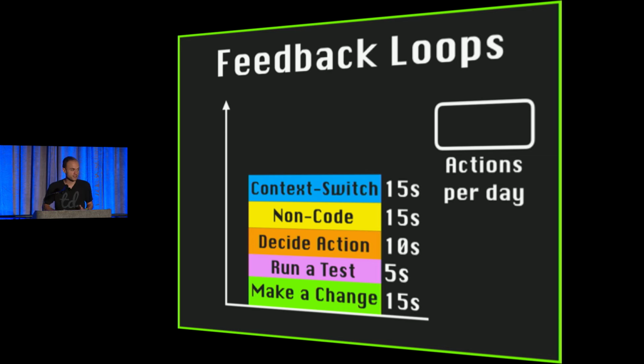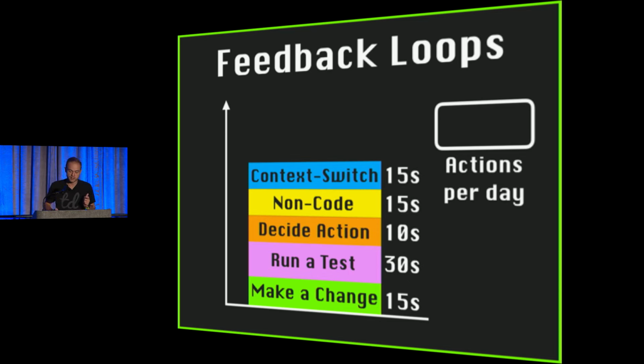Now, our application is successful, and our interactions between features mean that each test doesn't take 5 seconds to run, it takes 30 seconds to run a test. So we've gone from 60 to 85 seconds. So we're already down from 480 to 338 actions per day, but that 2 hours of non-code time in our day doesn't care how fast our tests are, and so we have to amortize that over all of those loops. So that's up to 91 seconds. And we've lost fully a third of the number of feedback loops we can hope to get through in a day.